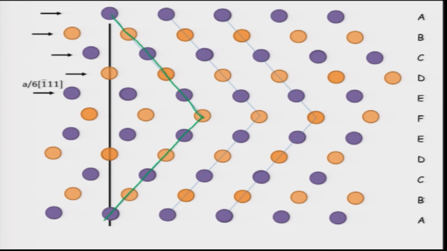So, you have A, B, C, D, E, F, and this F layer is common to both the sides. Here also you will see that the stacking has inverted, because we have caused stacking faults on all the layers. So, the stacking has inverted, now it has become F, E, D, C, B, A. So, it is as if you are coming from this direction and also coming from this direction, and F is common to you from both sides. So, what is this? This is a twin.